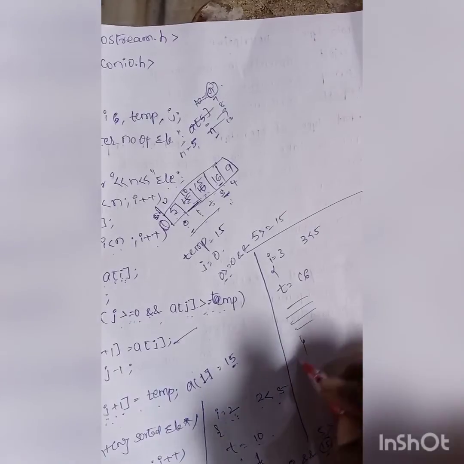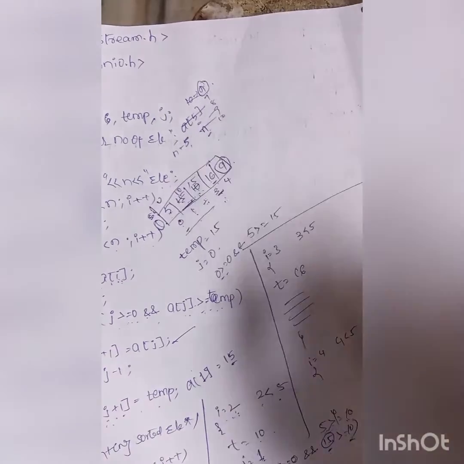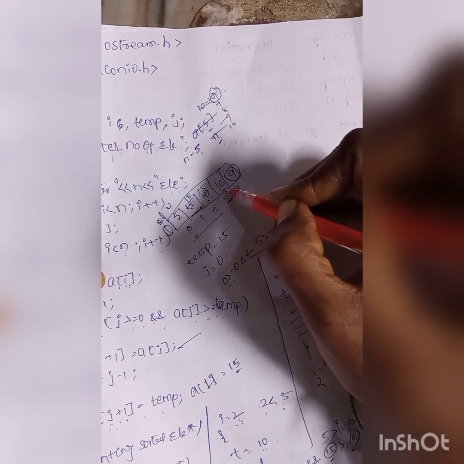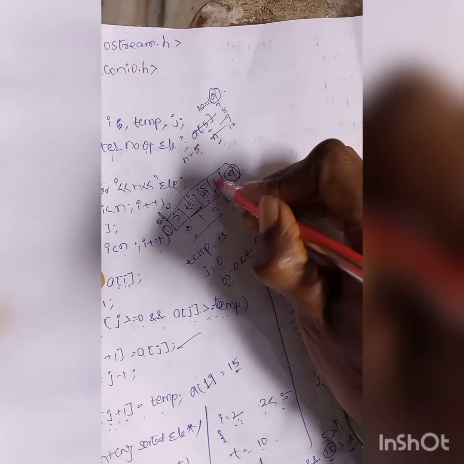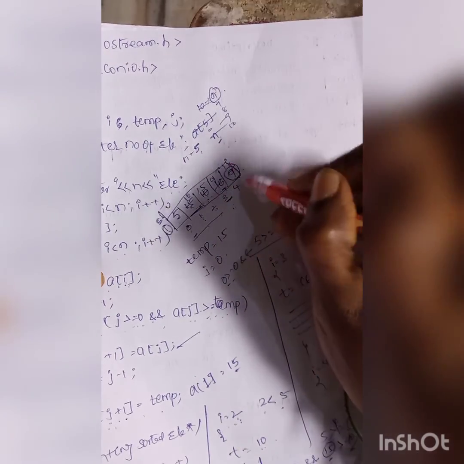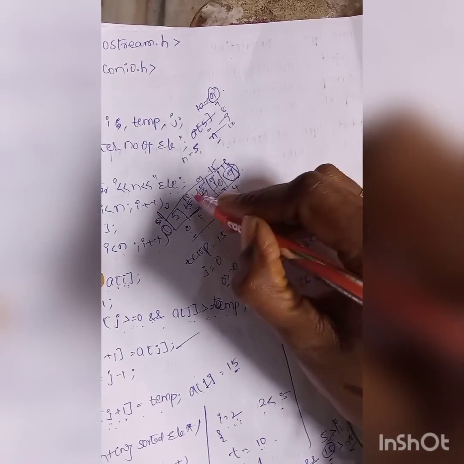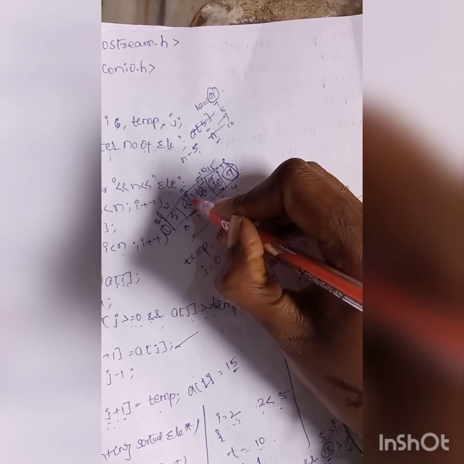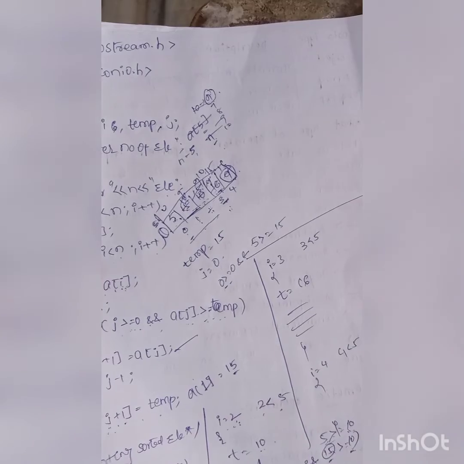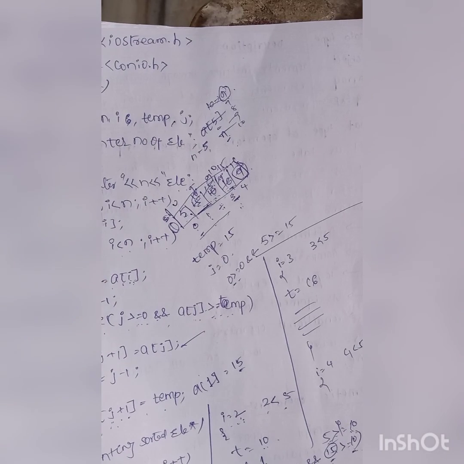Right? Next case, when I becomes 4, 4 less than 5. Now this last position is what? 9. 9 must be compared with 16. Is 16 greater than 9? Yes. So you must swap this. 9 comes here, 16 comes here. Next 15 is greater than 9. So 9 comes here, 15 comes here. 10 is greater than 9. So 9 comes here, 10 comes here. Is 5 greater than 9? No. So you are not going to swap the elements anymore here. Clear? Is the program easy?